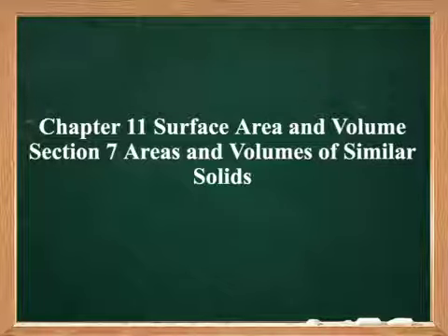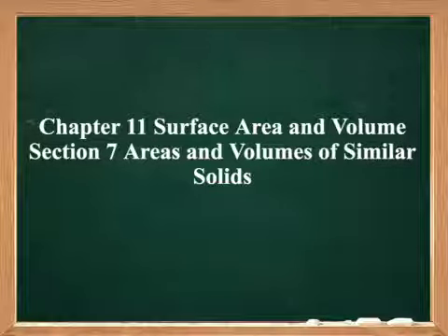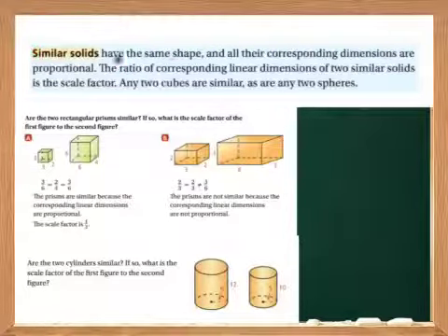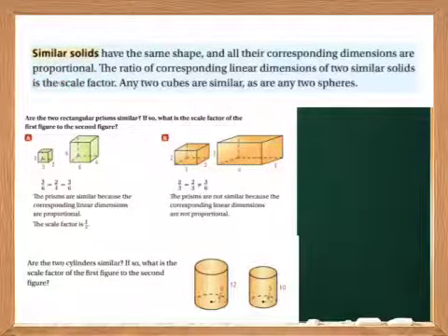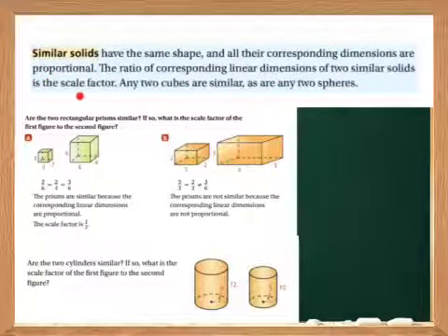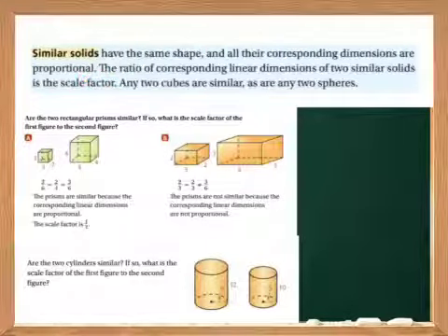Chapter 11, Section 7, Areas and Volumes of Similar Solids. Similar solids have the same shape and all of their corresponding dimensions are in proportion. The ratio of corresponding linear dimensions of two similar solids is the scale factor, which we've seen in similar figures,